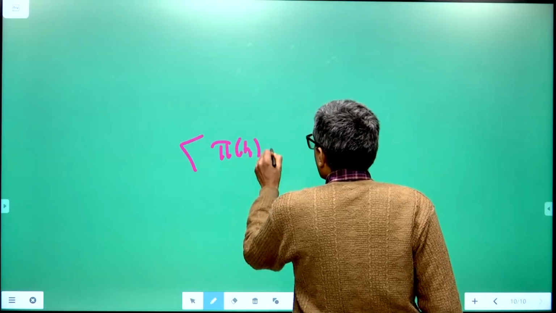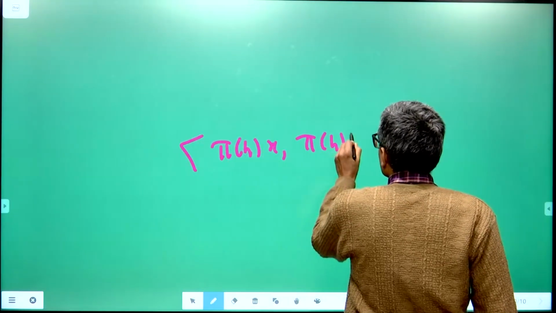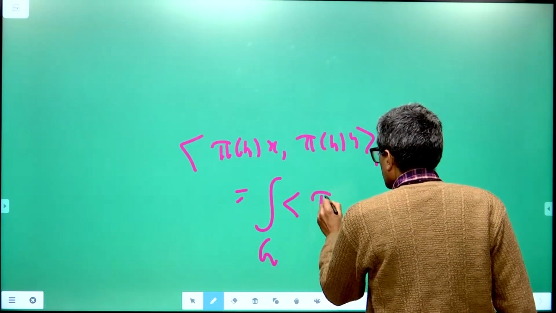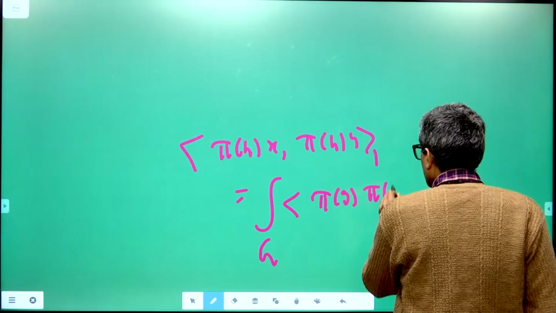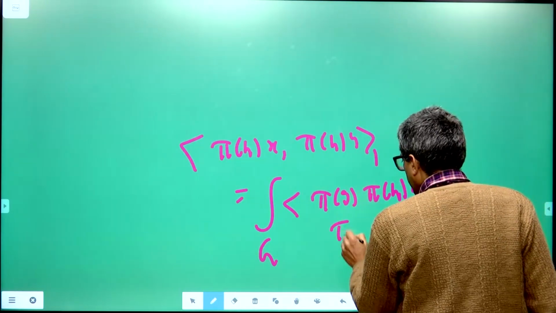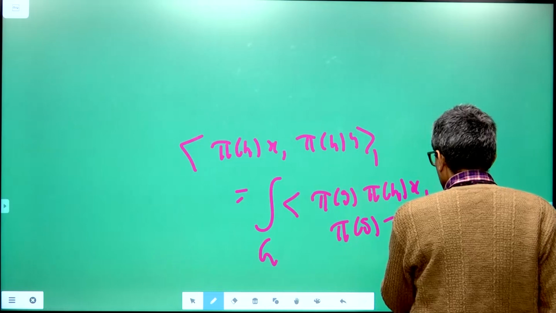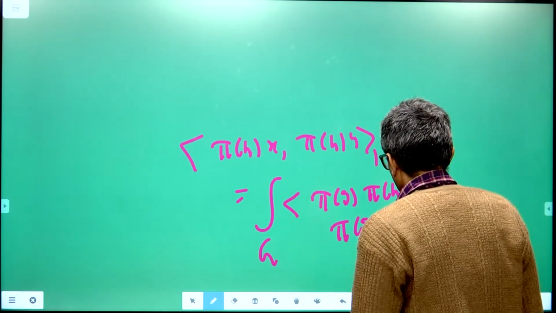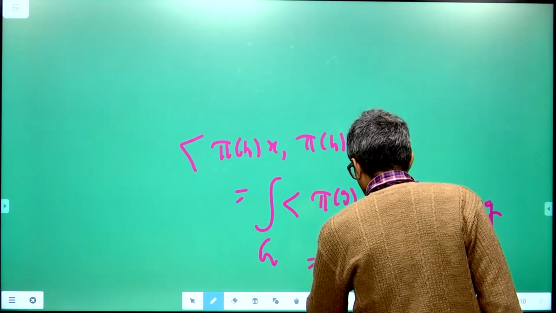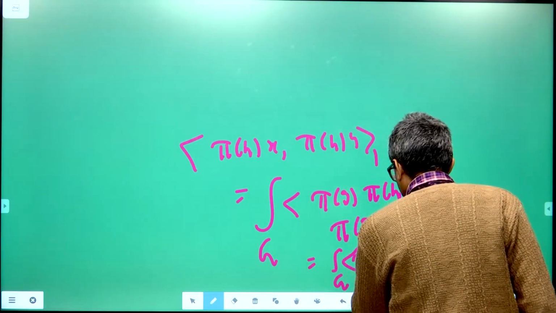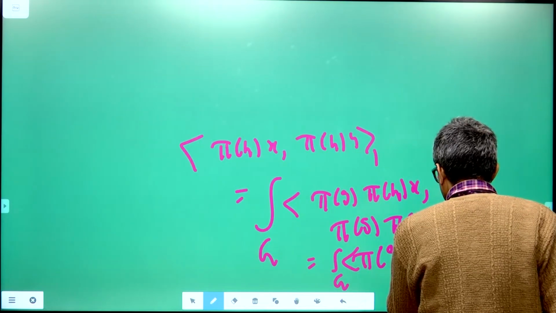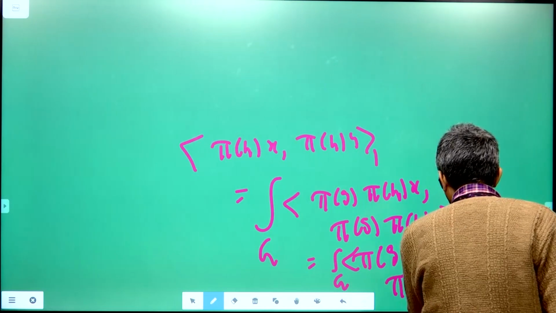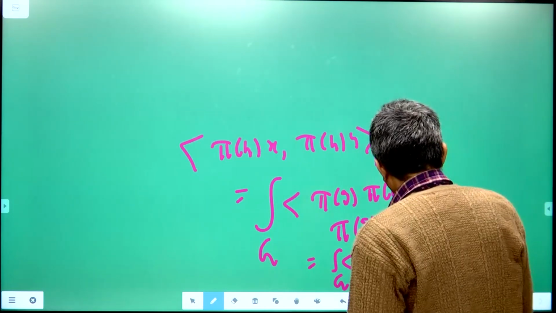So if you define this new inner product in this way, then you can see that the inner product of pi h x and pi h y with subscript 1 is equal to the integral over G of the inner product of pi g pi h x and pi g pi h y dg. I am writing dg for the Haar measure. So this is the same, by the representation or homomorphism property, as the integral over G of the inner product of pi gh x and pi gh y dg, and since the Haar integral is right invariant,